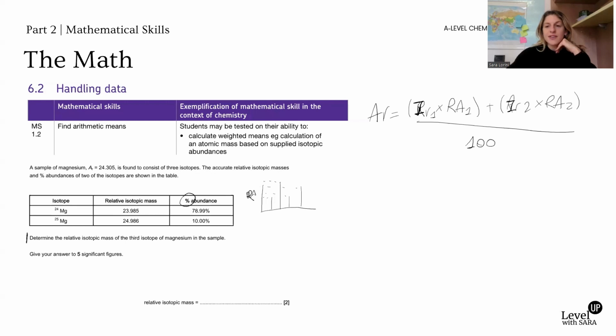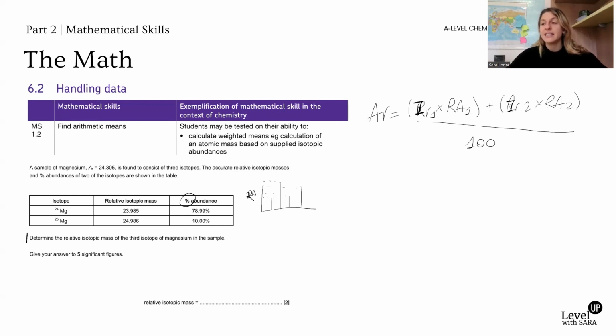The mathematical skills are extremely important because, as we said at the beginning of the first part of the math, they're like 20% of your paper. And I will show more examples of calculations that are quite challenging and do require some math skills. Like at the end, we finished this part with finding arithmetic means, but it's not that simple. This specific calculation is 2 marks, but it can be even a 3-mark question